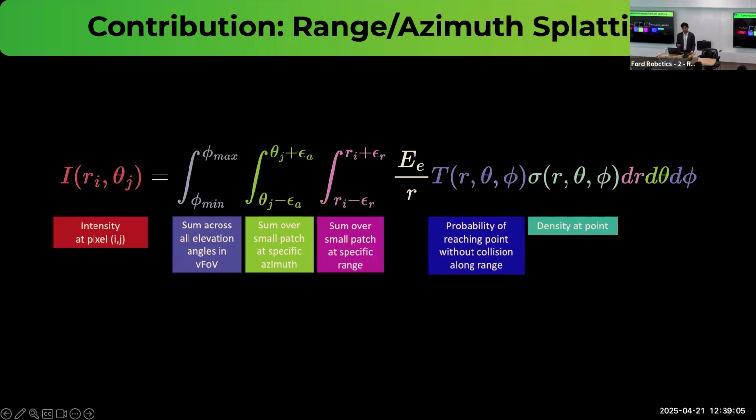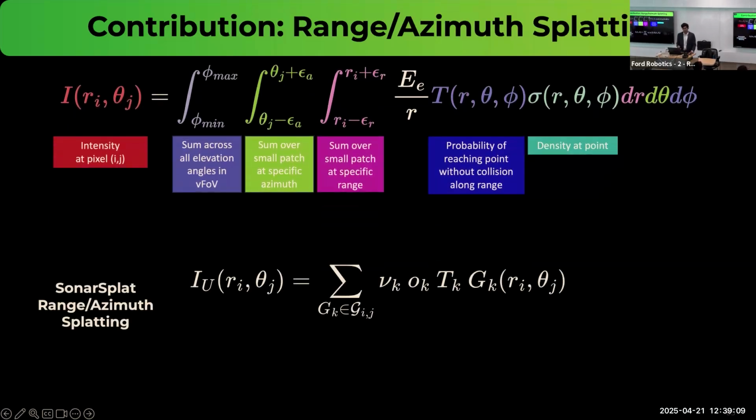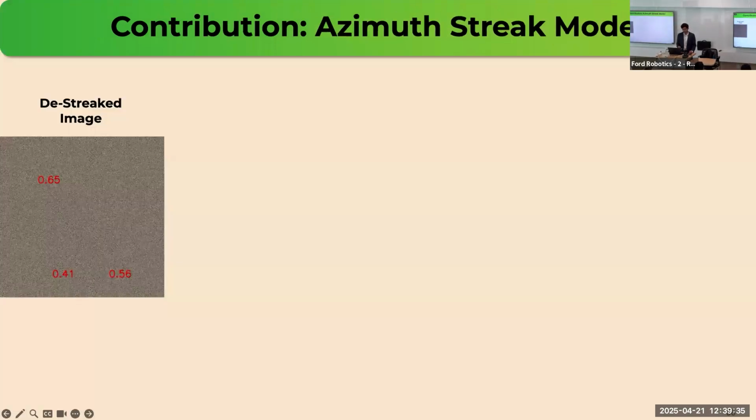Now we need to modify this to fit it into the Gaussian splatting framework. And so we introduced this equation where the intensity is the same. This triple integral gets collapsed into a single sum. And the density at a point is evaluated by evaluating these 3D Gaussians. And the transmittance is calculated similarly. We introduce another parameter, which we'll call acoustic reflectance, which tells us, based on material properties, how much energy is reflected back to us. So metal is more highly acoustically reflective compared to rubber or other materials.